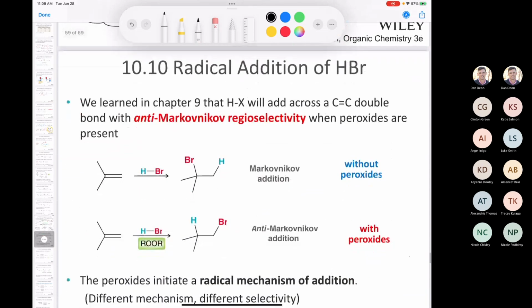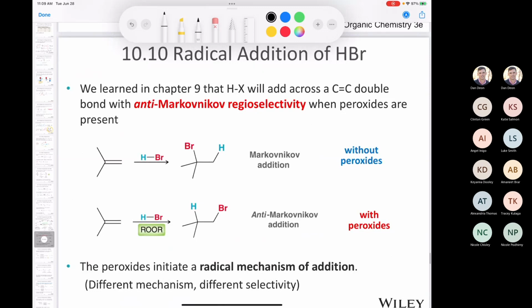And now we're going to talk about the second to last section that we cover, which is radical addition of HBr across a double bond. And this goes all the way back to chapter 8. It says here chapter 9. That's a typo. It should say chapter 8. Let's fix that up. So way back in chapter 8, the alkenes chapter, we learned that if you add HX,